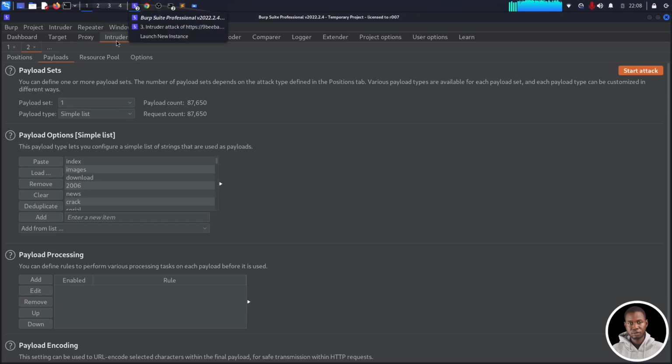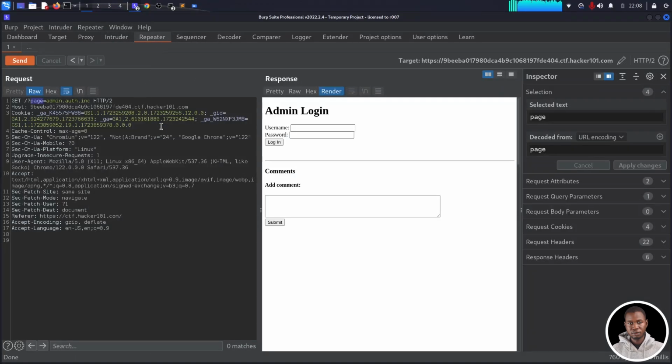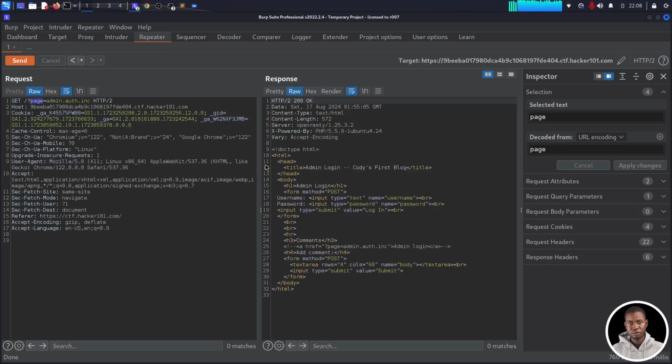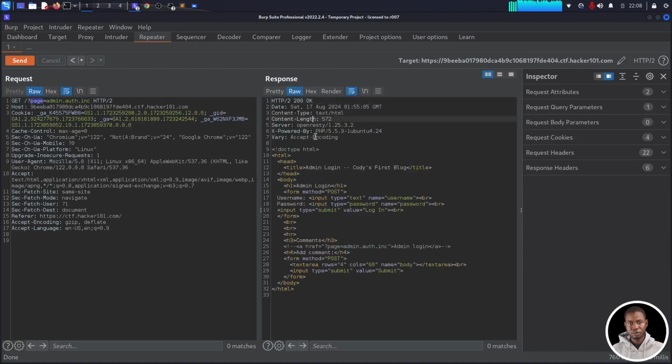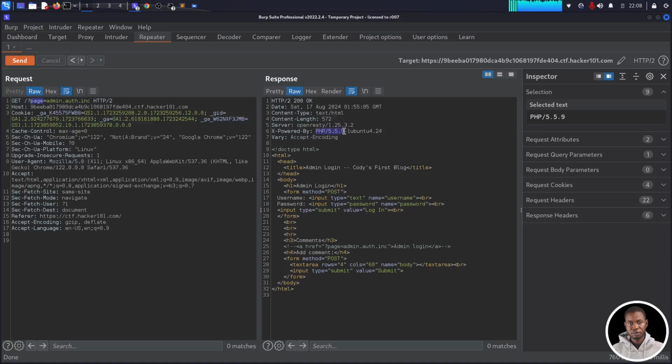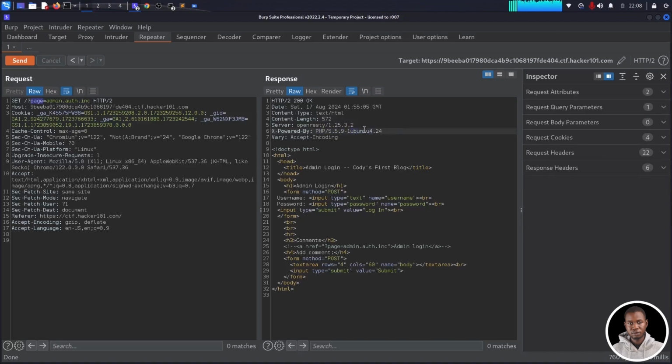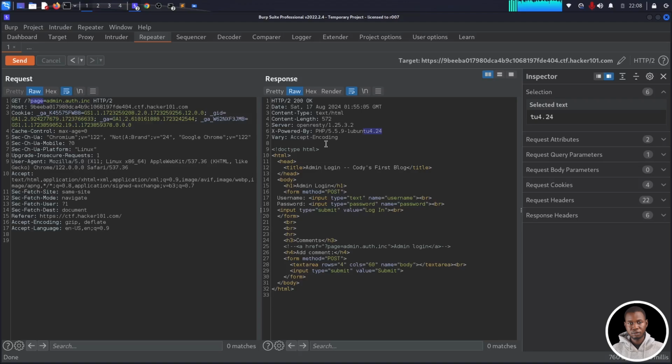So let's go back to, I think, repeater. Was that the repeater? Let's go to raw. So you can see that the application is using PHP 5.5.9 and it happens to be an Ubuntu operating system with version 4.24. So what we can try to do is to see if we're able to inject PHP code into this